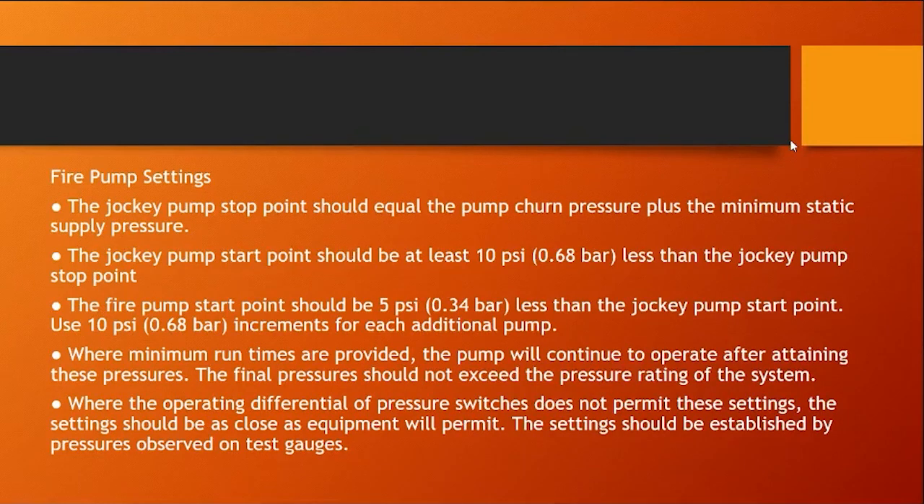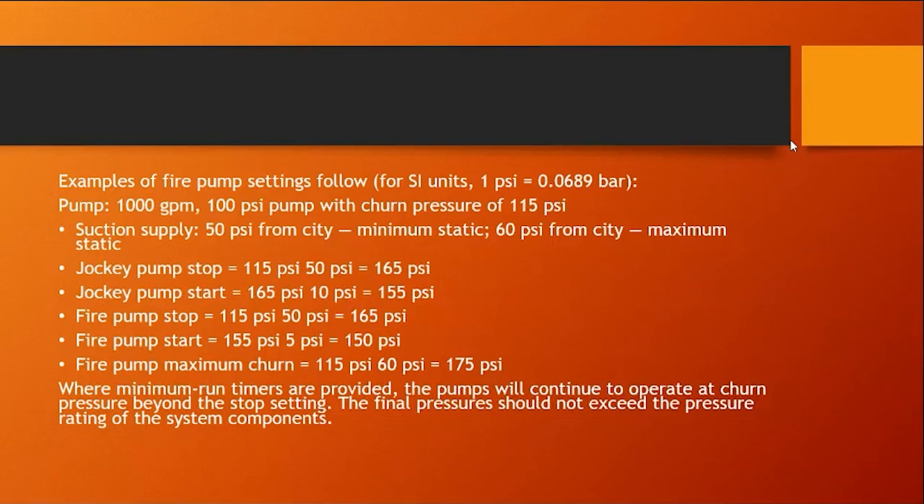Where minimum run times are provided, the pump will continue to operate after attaining these pressures. The final pressure should be the final limits of the system. When the operating differential of the pressure switches does not permit this, the settings should be as close as equipment will permit. The settings should be established by pressures observed by the test gauge. Example of fire pump settings for SI unit is